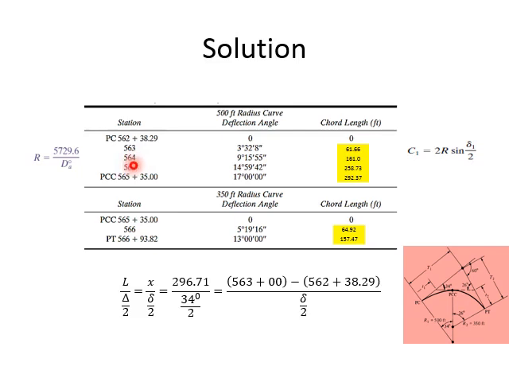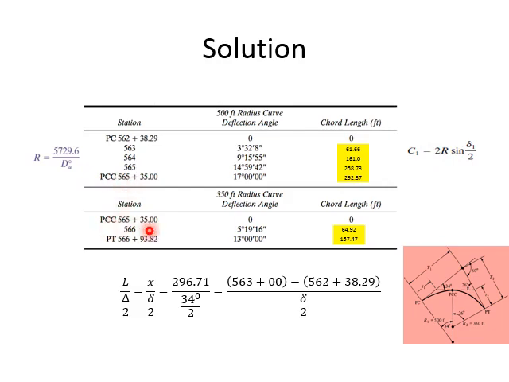For the next point you are adding 100 feet, so you will add the angle by half of the degree of the curve. We know the radius, which is 500 feet. So you do 5729.6 upon radius, you will get the degree of the curve, and you will add half of the degree of the curve here. And then for the next point again add half of the degree, and for the last point it will be simply half of this angle, 34 degrees. And each time you put delta by 2 here, take the sine, multiply by 2R, you get the chord length. Now you have reached PCC here.